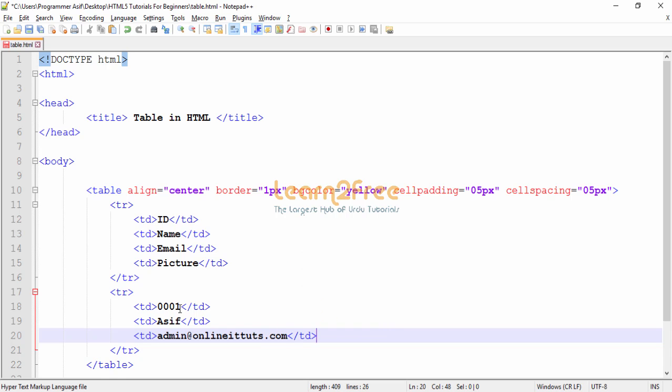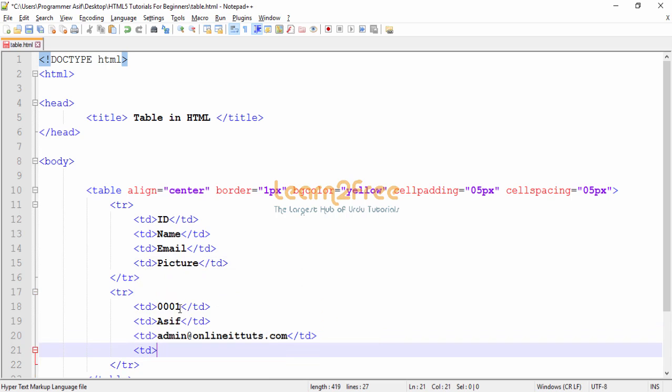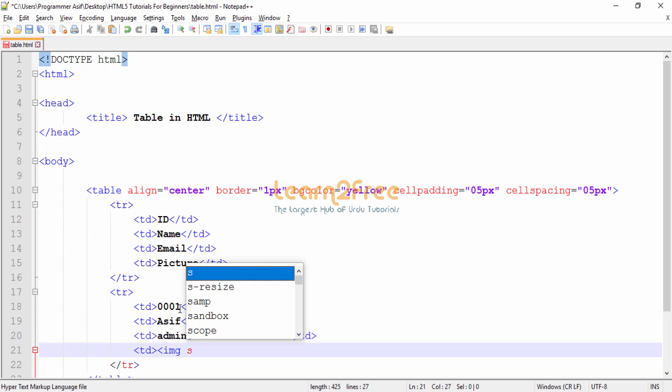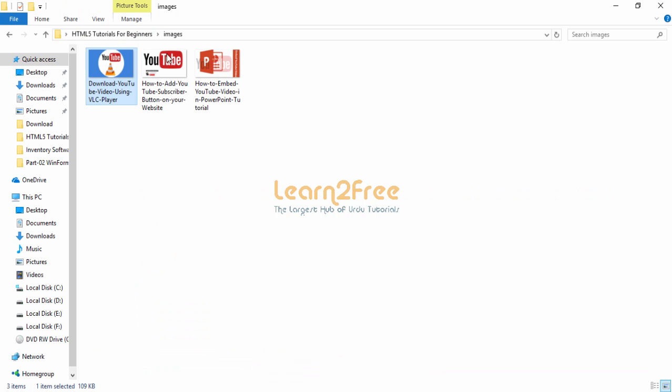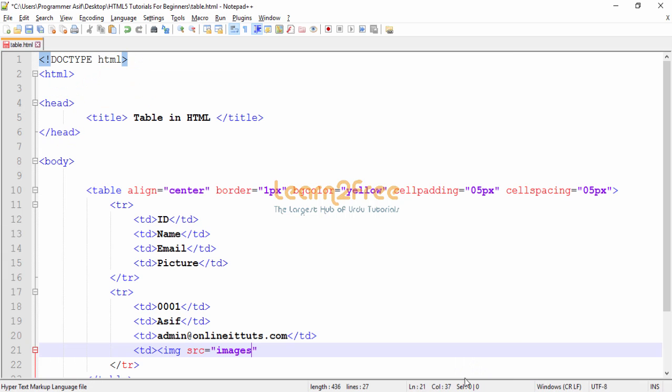right, and for the fourth column we use the image tag because we are inserting an image: img src, double quotation, and my folder is images, my pictures are available in the images folder. Here you can see it, the images folder, and then this is our project, and here is the images folder. So I want to display this image in our last column, right? So I just copy this complete name and paste,